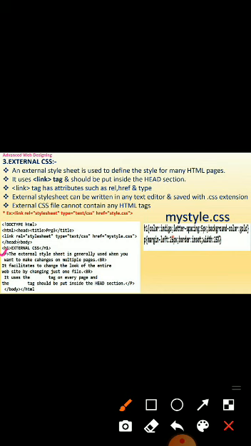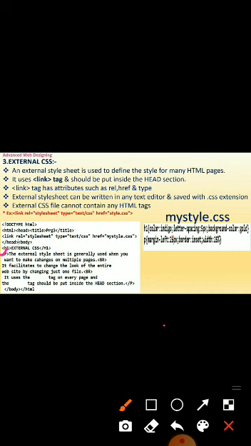You can use whatever content you want to specify. Here, an external style sheet means you can use it across multiple pages of a website. If you have created a website and it is not possible to make changes on multiple pages one by one, at that time you can use the external style sheet, because the external file is one file.